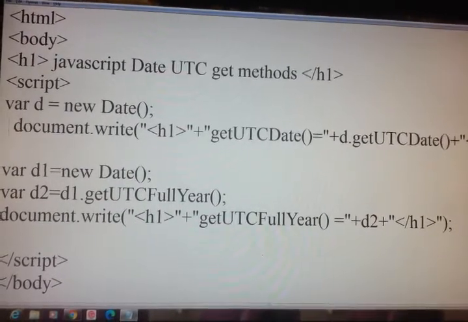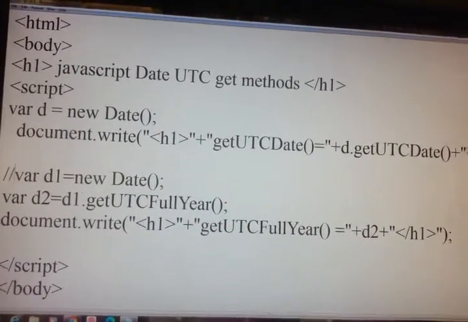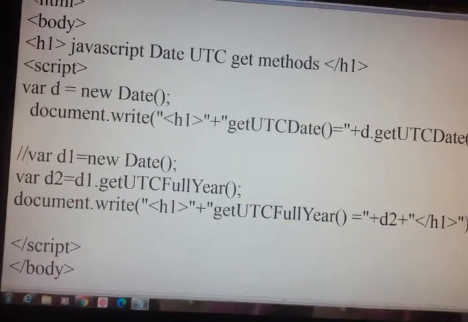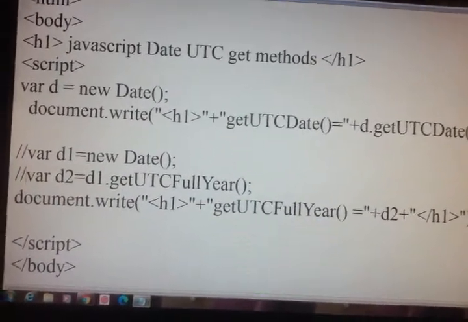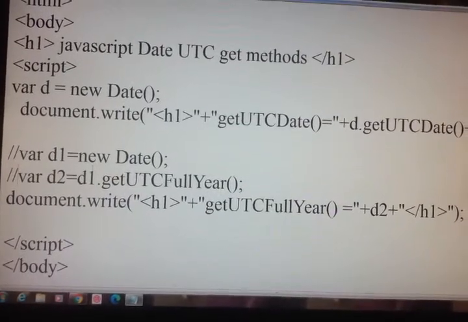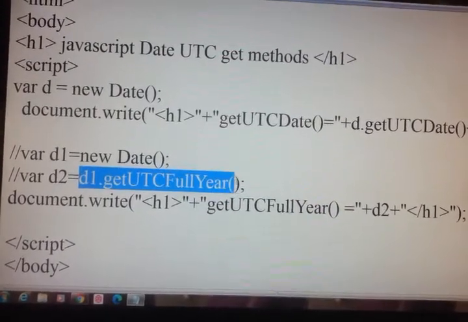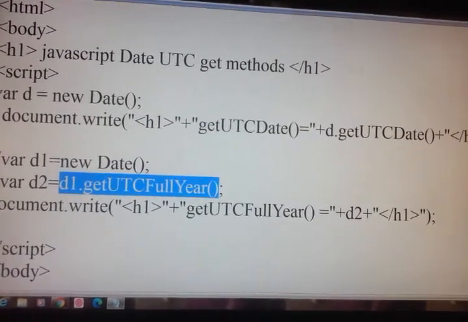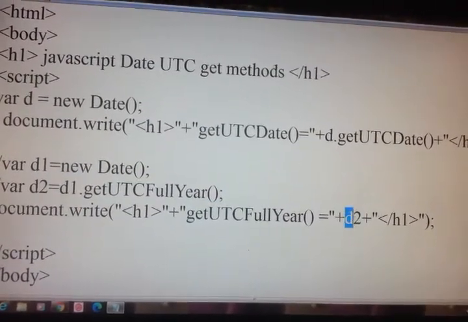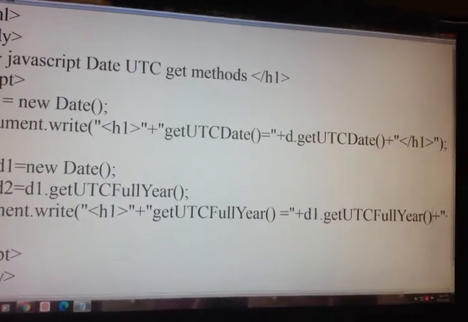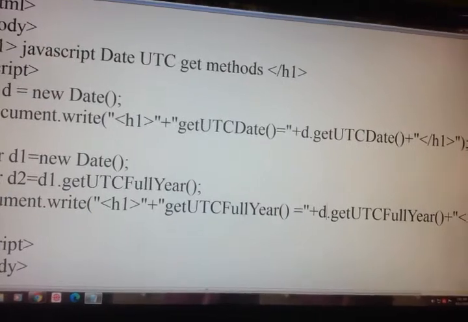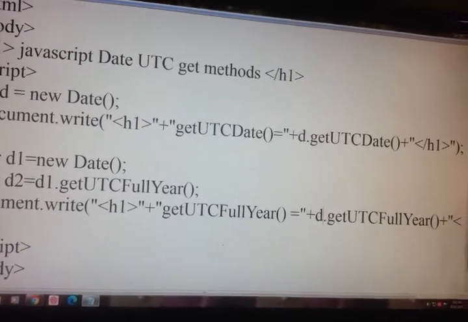Then here also we'll see whether we can use the already created variable d or not. Here also we'll just copy, and just paste it, and just use d because d is already created.